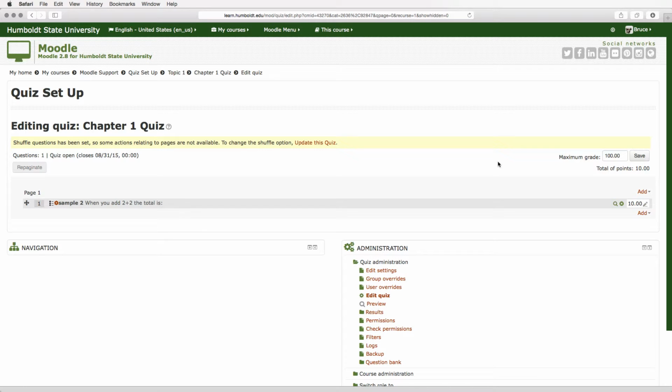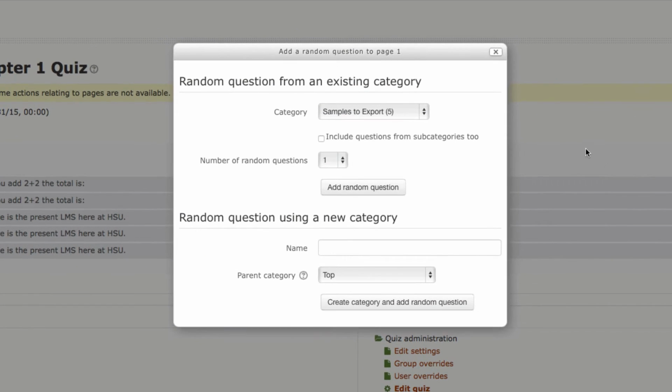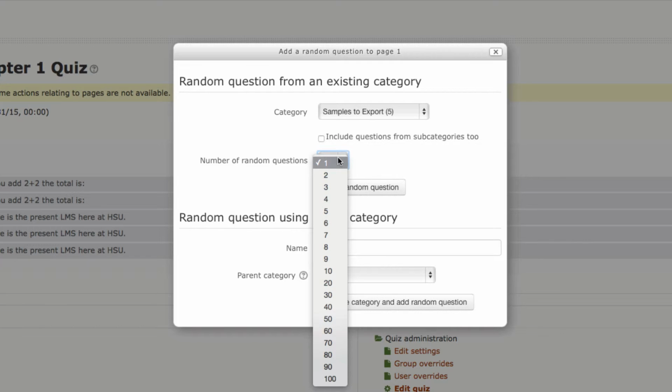Also, let's come back to the right-hand side of the page, and let's choose Add again, and we're going to choose a random question from our drop-down choice. Now, this is again an opportunity to select the category you wish to use. As I said, there must be enough content in that category to randomize. And now we have a number of random questions and we have a drop down.